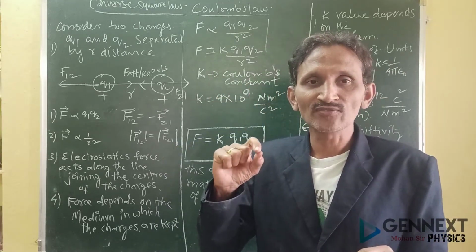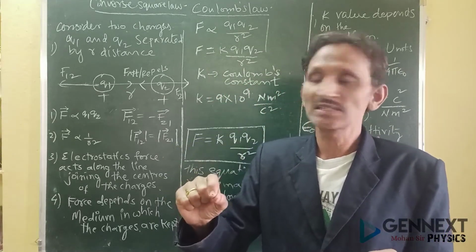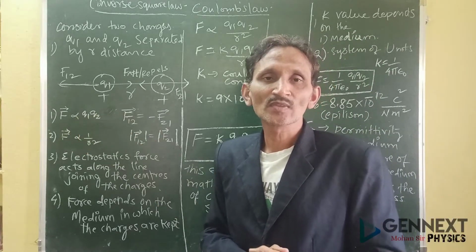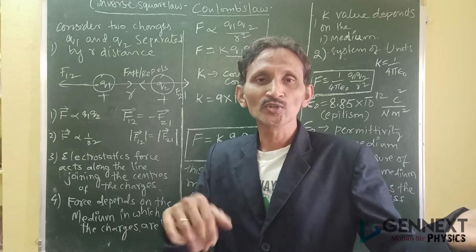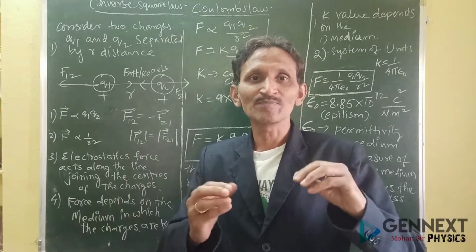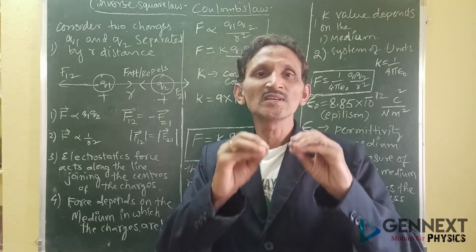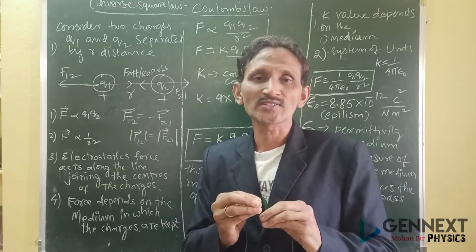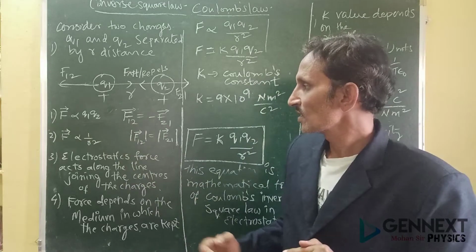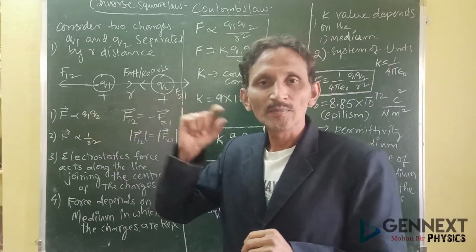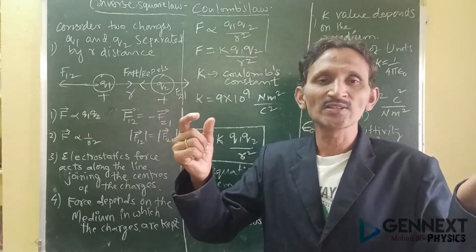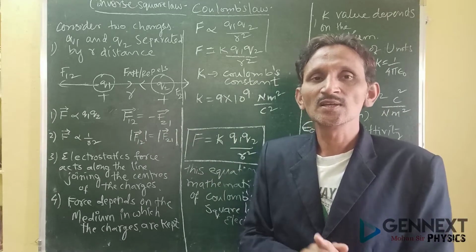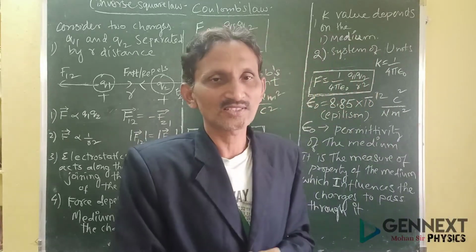The electrostatic force between the two charges is directly proportional to the product of their charges Q1, Q2. If Q1 is 2 coulombs and Q2 is 3 coulombs, the force between them is 2 threes are how much? 6 newtons. That means Q1 may be a small charge or Q2 may be a big charge, and there is this force between them. It is a measure of the product of their charges.